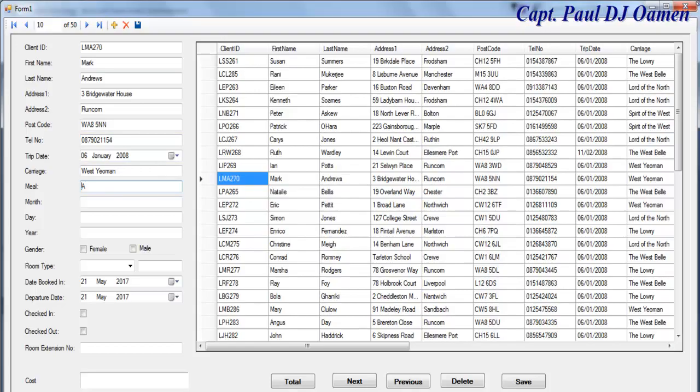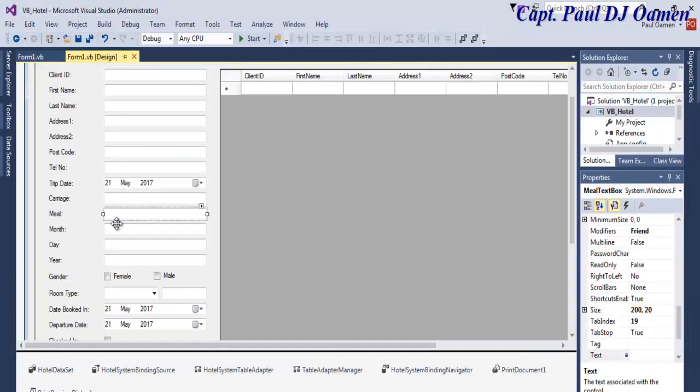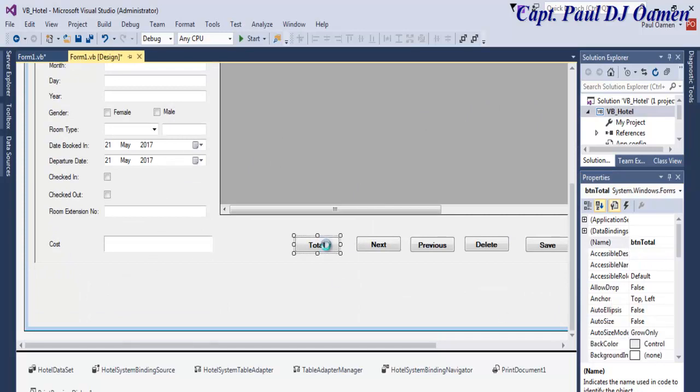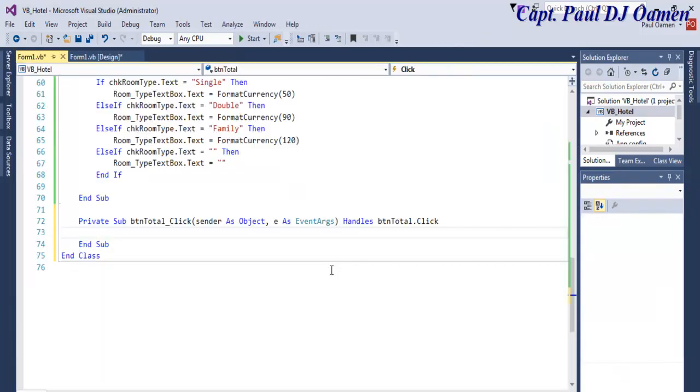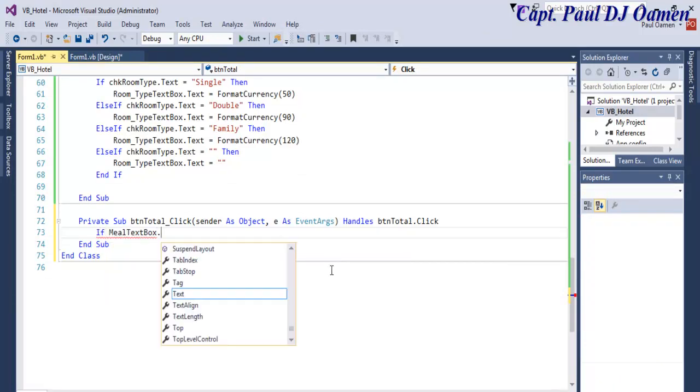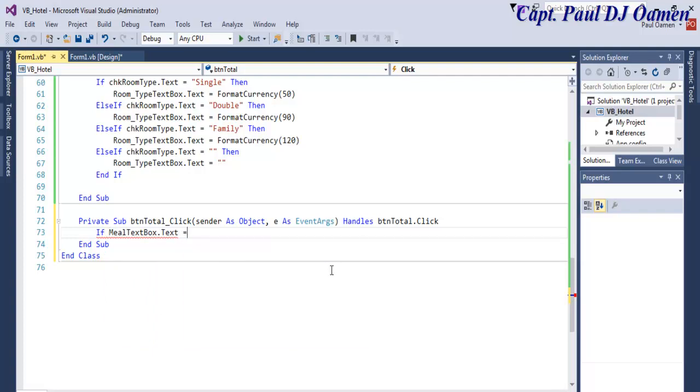So I need the name of that. Let's come in here, copy that, and right in here, double click on total, and then let's go for if this dot text equals A. Then,